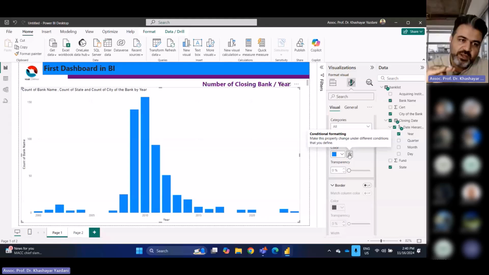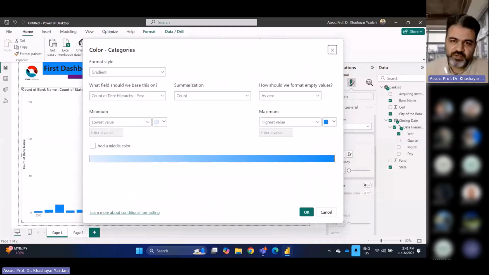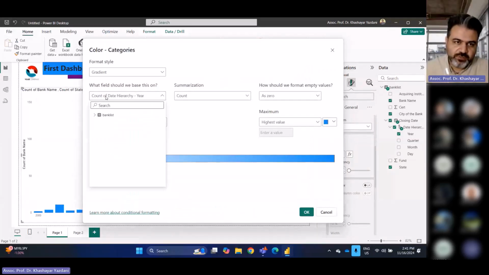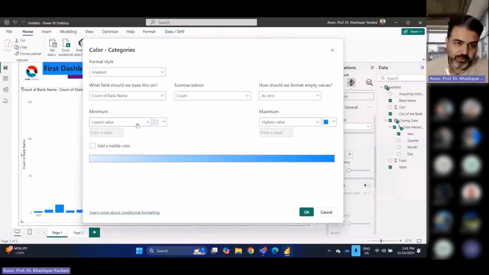If the number of closing bank goes more than 100, make the diagram red. Okay, I go to FX. Okay, the number of bank. That's why I come here from the bank list. I select the bank name. Okay, count of the bank. If the count of the banks,